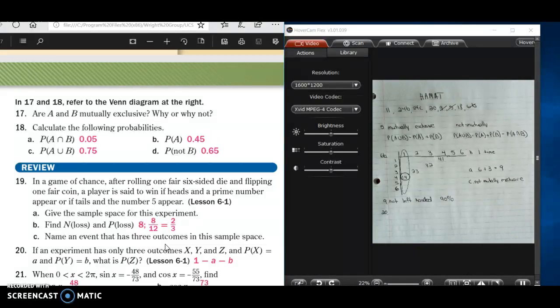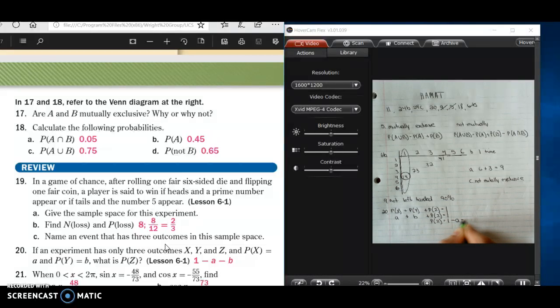If an experiment has only 3 outcomes, X, Y, and Z, the probability of X is A, the probability of Y is B, what is the probability of Z? Well, if you have 3 outcomes, then the probability of X plus the probability of Y plus the probability of Z has got to equal 1. So the sum of all of the probabilities has to equal 1. Well, we're told that this probability is A, we're told that this probability is B, and we're looking for the probability of Z. So we're going to simply solve for the probability of Z. It would be 1 minus A minus